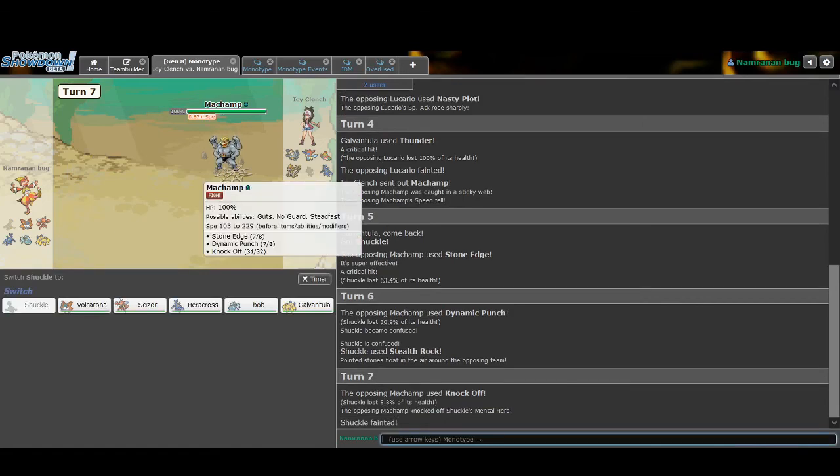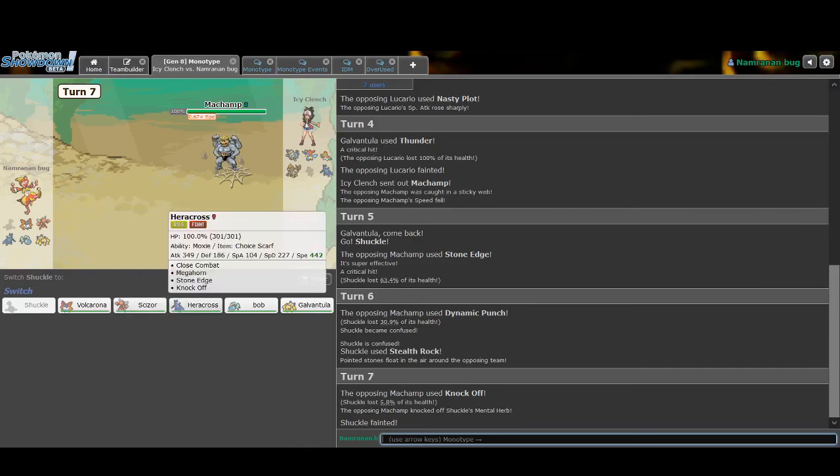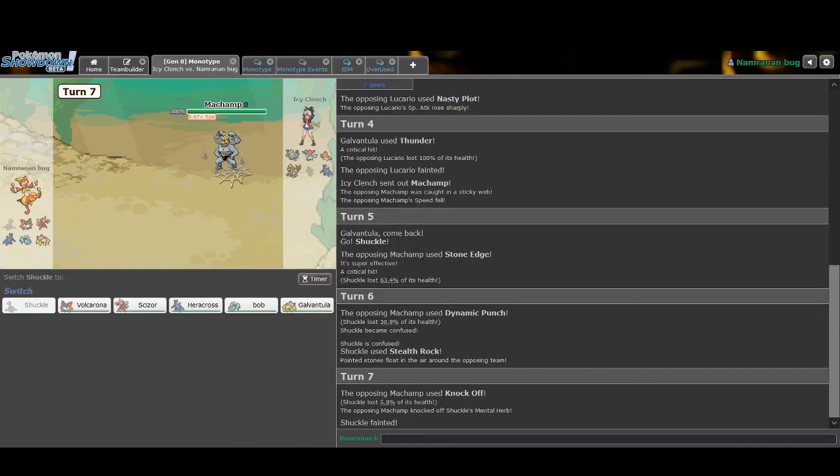Okay, so we know this thing has Stone Edge now, so we can't really put in a lot of things to deal with him. So this is actually going to be a little bit more tough than I thought. Okay, so I think what I'm going to try to do here is either Bullet Punch spam with Scizor, or I basically have to hit this thing really hard, because like